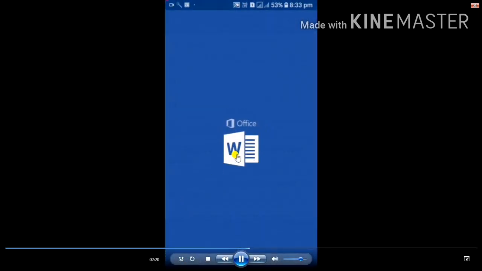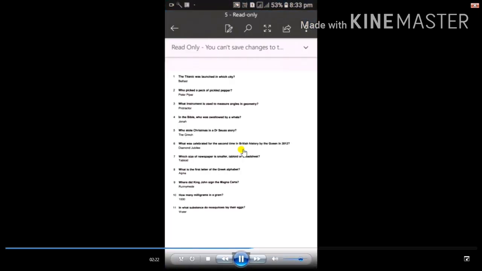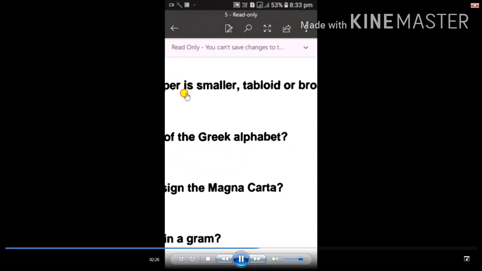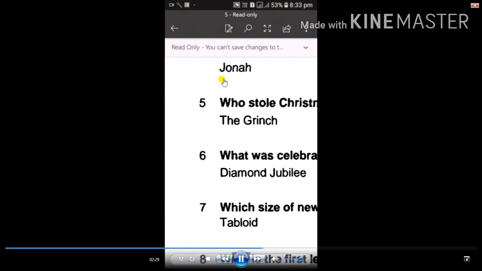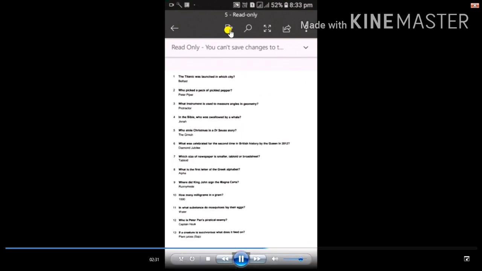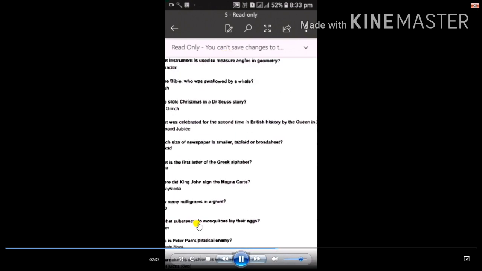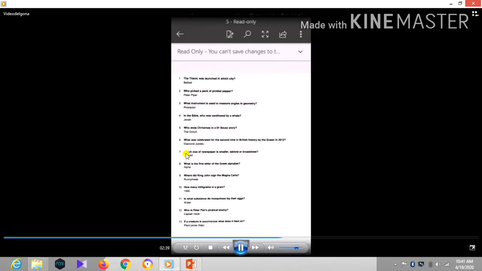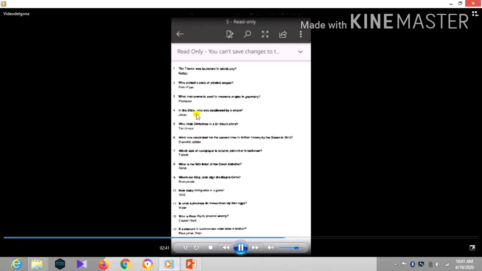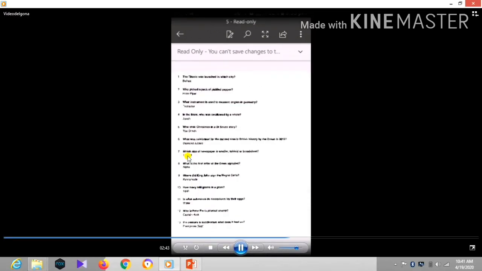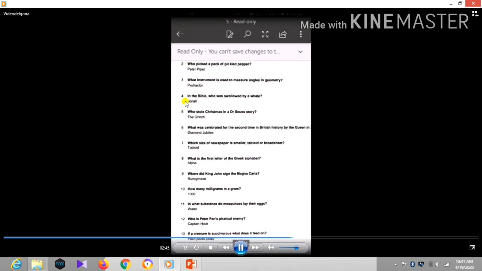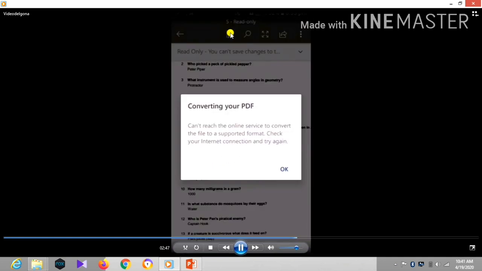See, I opened MS Office, and you see the text here. After signing in on MS Office, you can edit those texts easily. See how nicely it comes. You can edit by clicking on this, or you can convert it to PDF.